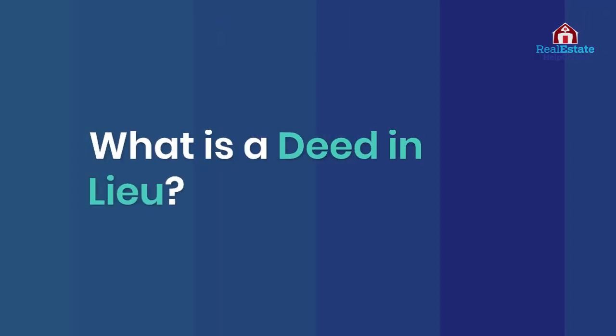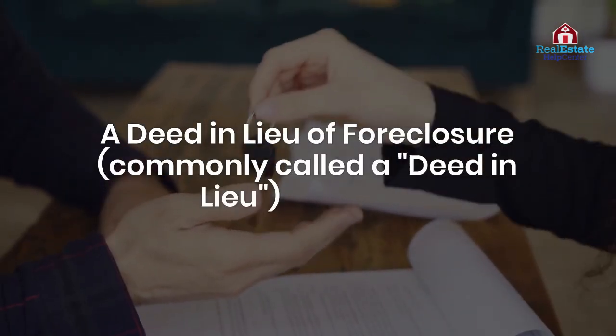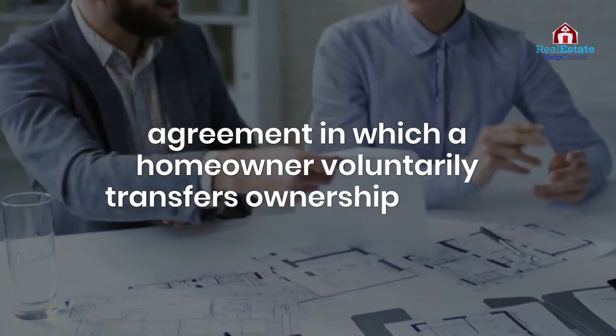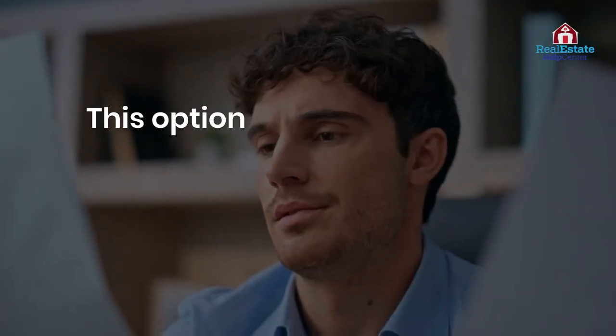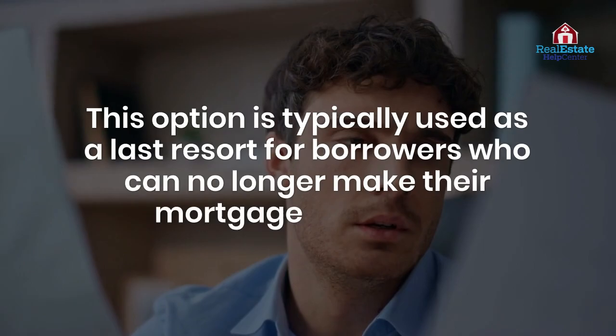What is a deed in lieu? A deed in lieu of foreclosure, commonly called a deed in lieu, is a legal agreement in which a homeowner voluntarily transfers ownership of their property to the lender to avoid foreclosure. This option is typically used as a last resort for borrowers who can no longer make their mortgage payments and